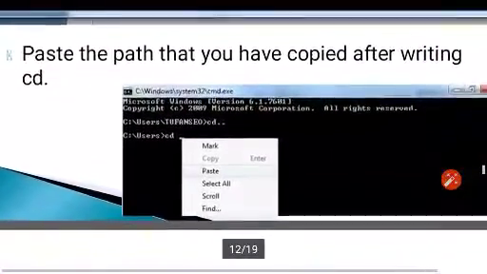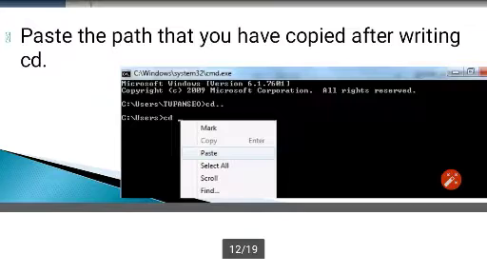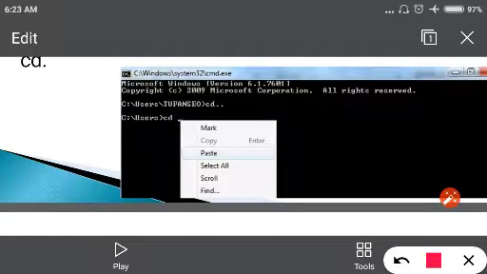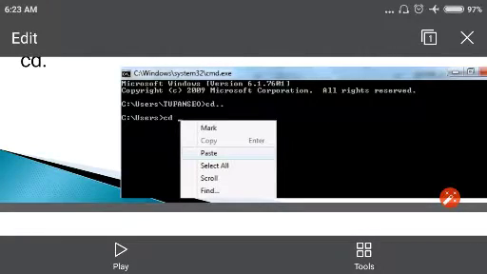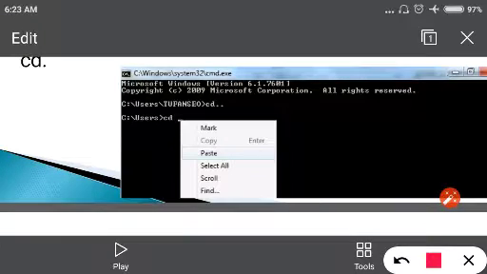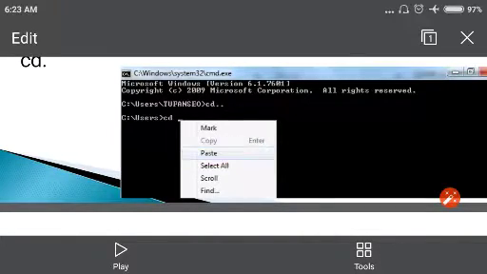Now over here, we are going to paste that path that we have copied. We are first going to write cd and then right click and paste it after writing cd.